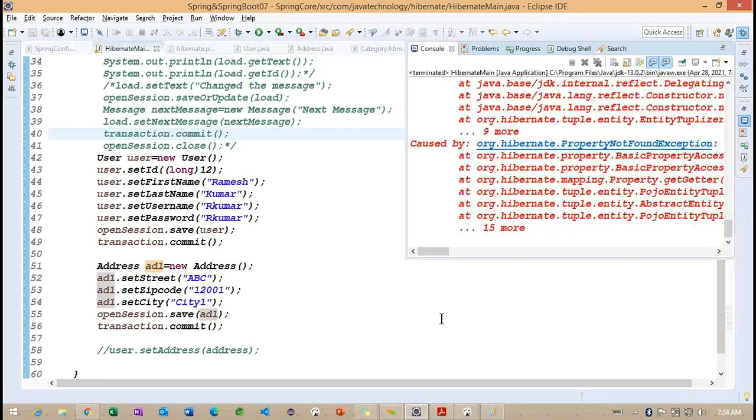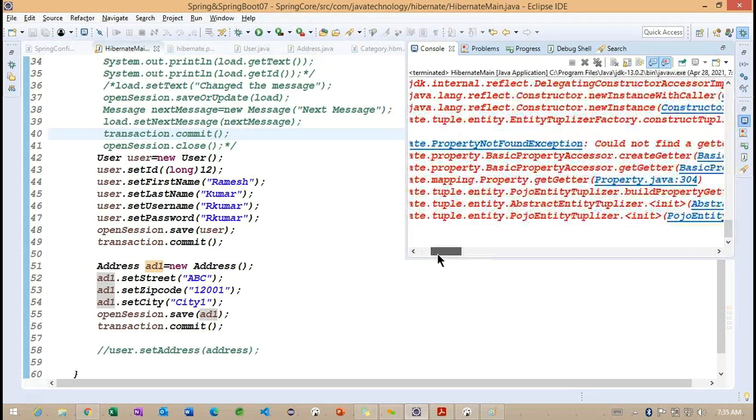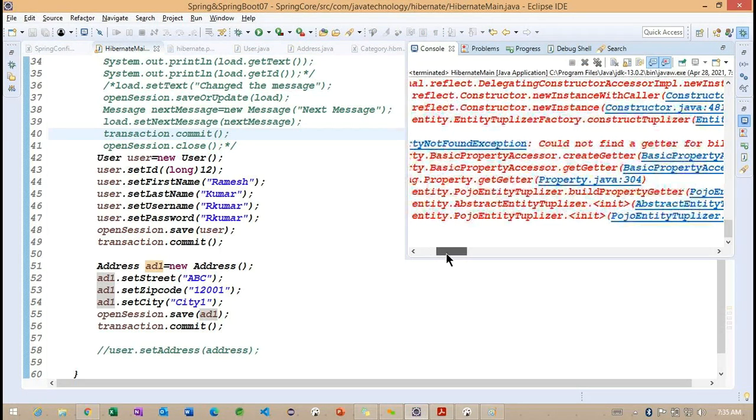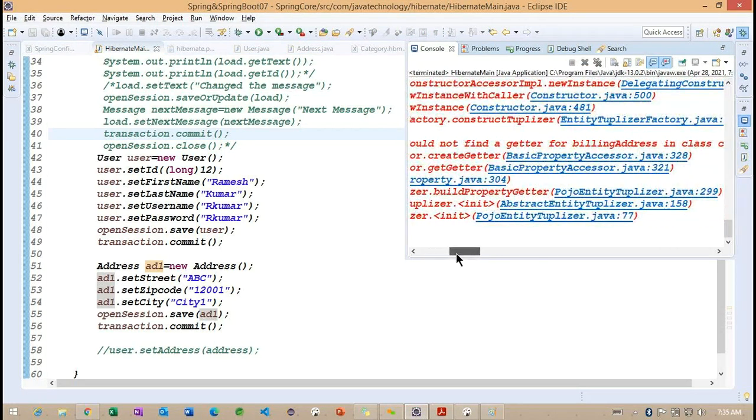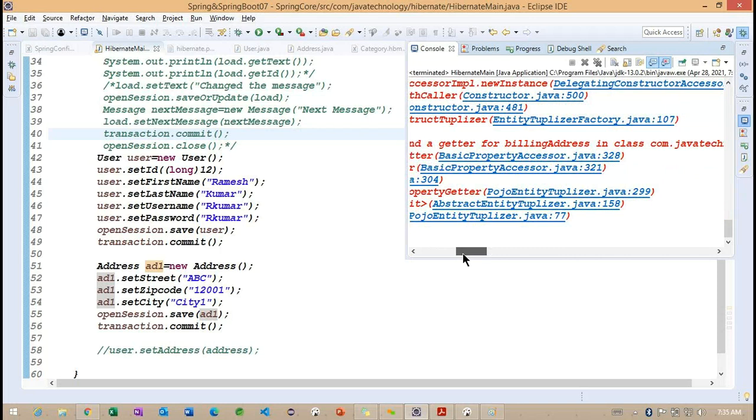We'll run one more time the same example. Now you can observe, still we are going to get any property. So now we need to understand here, so what is the property is expecting.